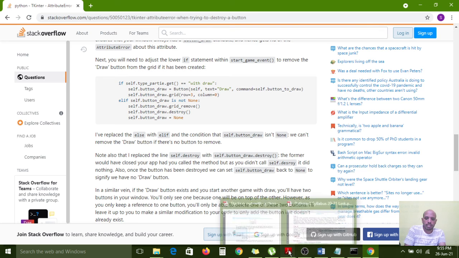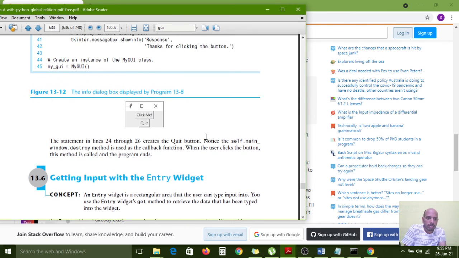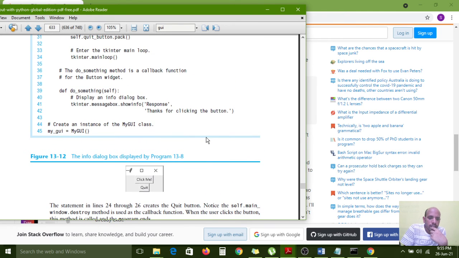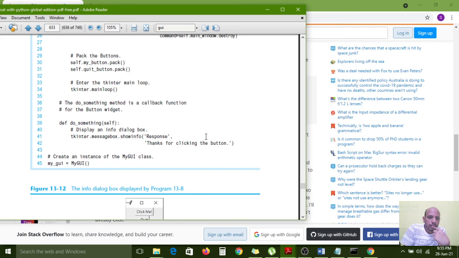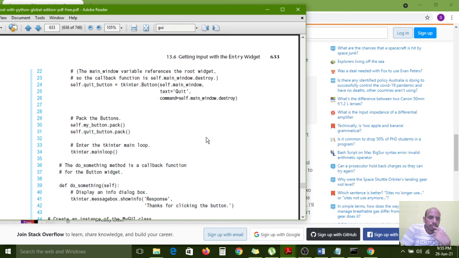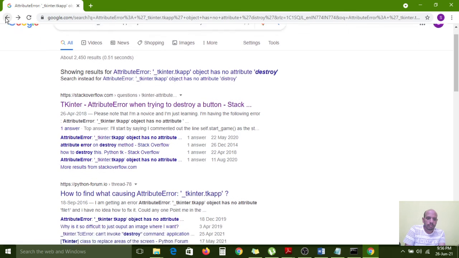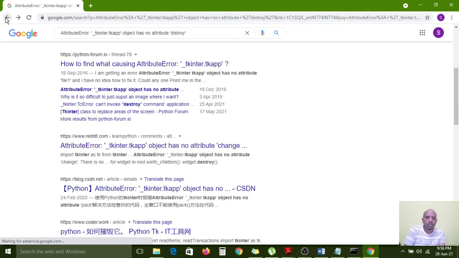Actually, in the PDF the destroy method is also given. Check it once. A message shows for something for the button widget, main loop with button pack. No, not there. How to find what is causing the attribute error in the Tkinter app? No attribute.